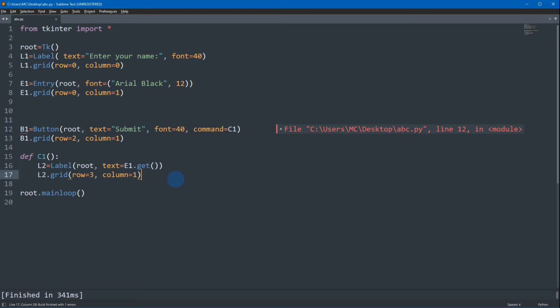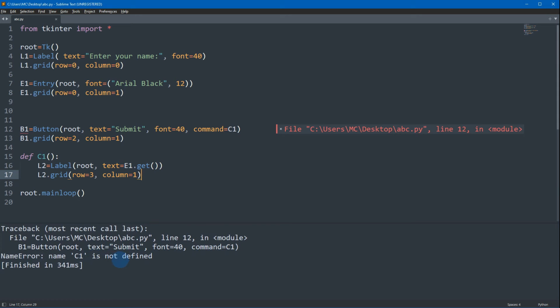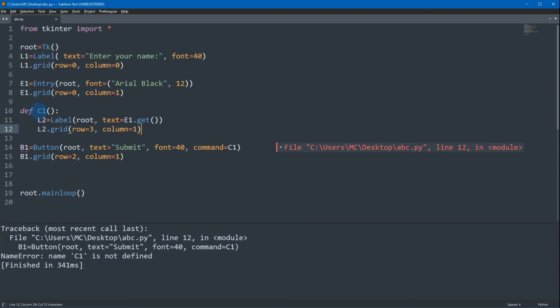Then observe the output. Okay, so there will be an error. Then the error will be C1 is not defined on this line. Why is C1 not defined? Because you already use C1. You indicate here that you're going to use C1 without defining it. Okay, where is C1 being defined? It is being defined here. So take note that Python uses an interpreter. So basically, after reading this part, it will interpret that there is already C1. To remove that error, let's place it here before the button.